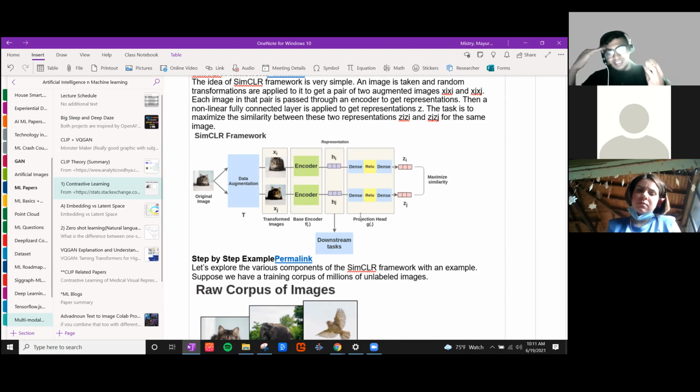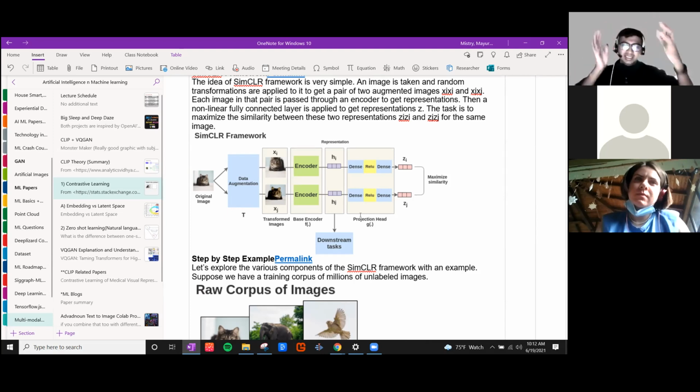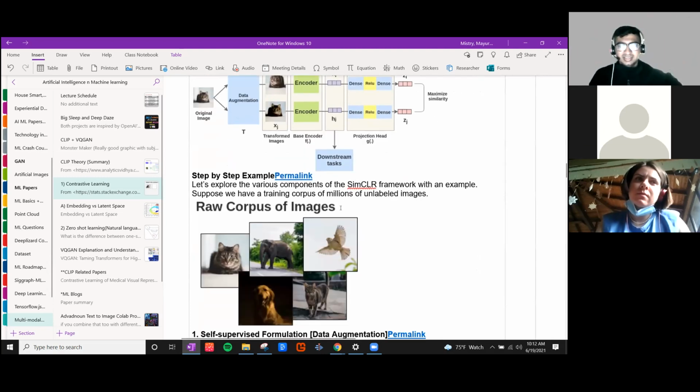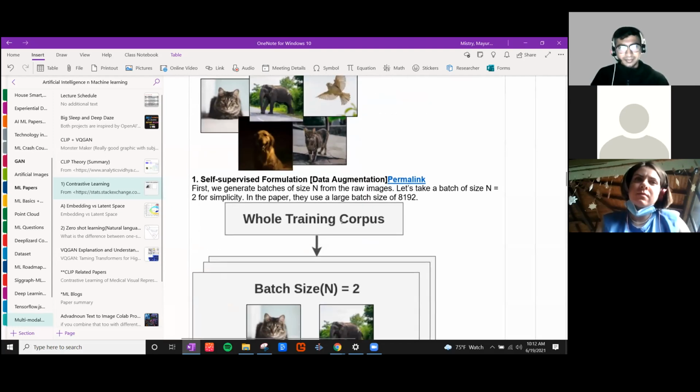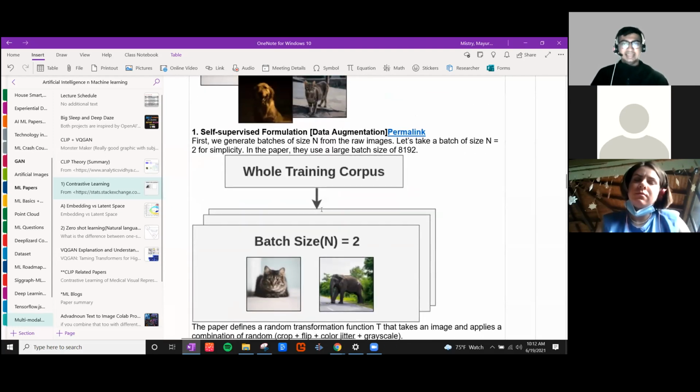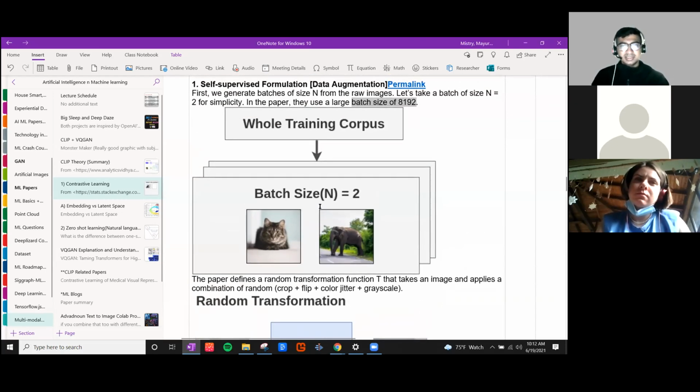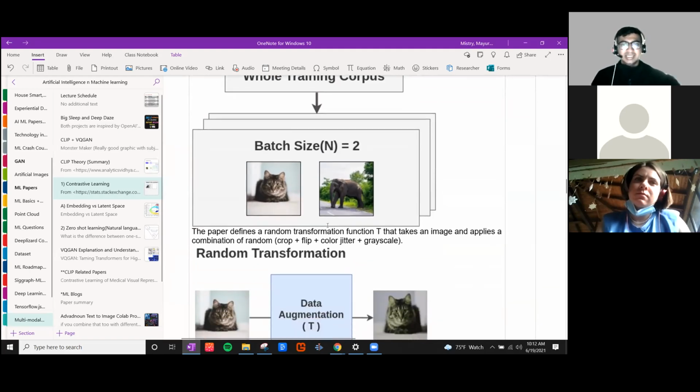So if I were to imagine this: if you have a set of data and you're projecting into a high dimensional space, you want all the similar images to be clustered and maximize the similarity, and other images to differentiate. So, that's if you want to visualize. The way they are doing it is they have a batch size of 98,192,